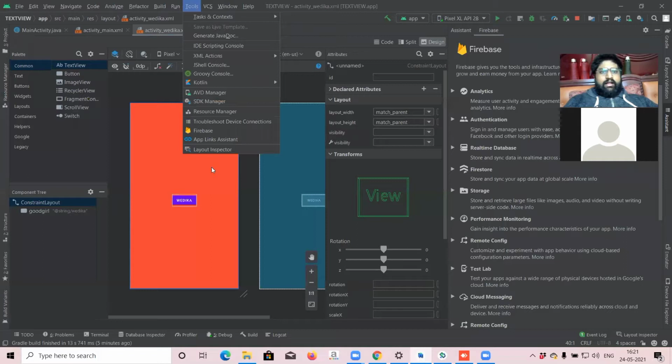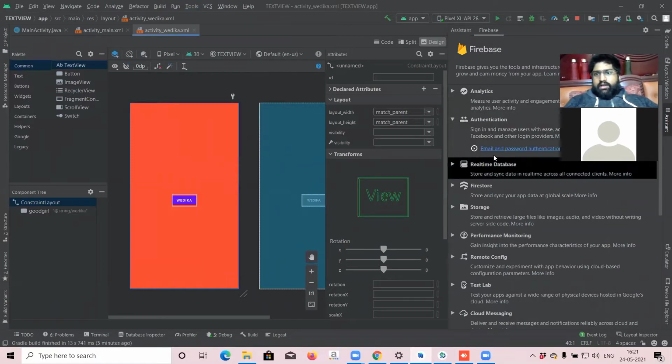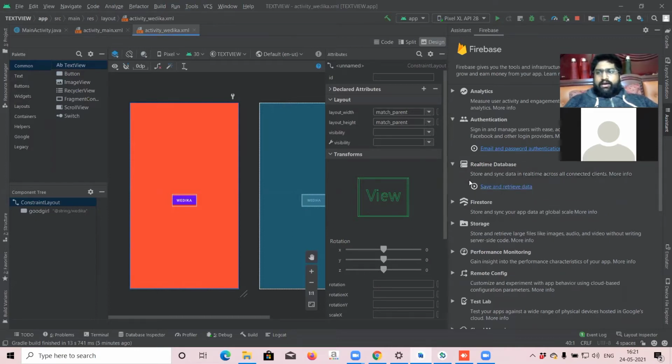Other than that, Firebase is a database management. It is like a server. We have to get an author for Gmail. Let me show you. Email and password authentication will be there. And if in some applications it will ask your name, your date of birth, your class, your school name, right? All the things will be saved in the Firebase database system, and it will be saving here. I'll teach you how to do this.